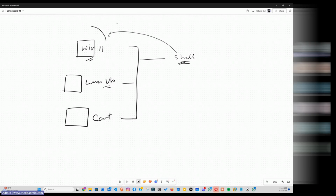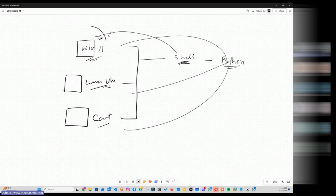Is this clear, what I am telling here? Is this clear? This particular part, that my shell is not going to work on Windows, right? If I'm writing an automation, it is only going to work on Ubuntu or CentOS. So in that kind of environment, if you have a Python code, it can easily work on all the operating systems,